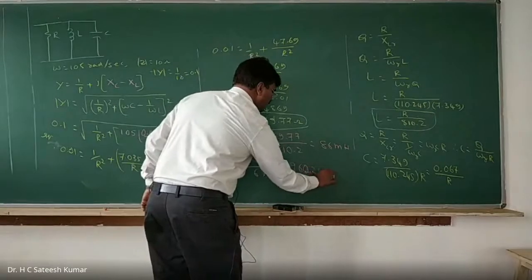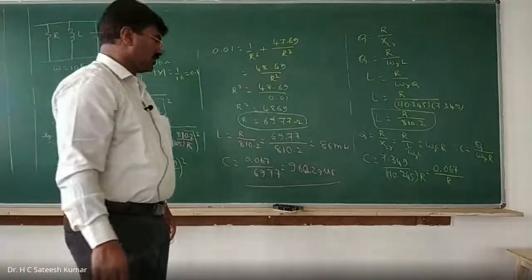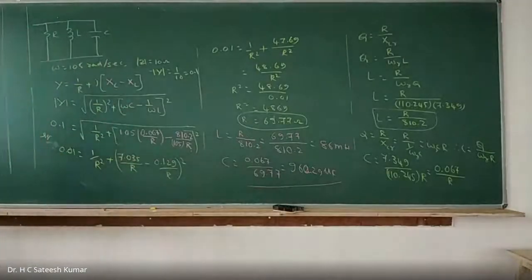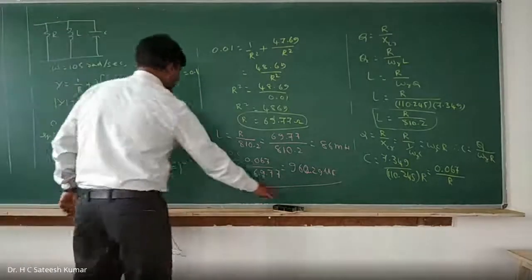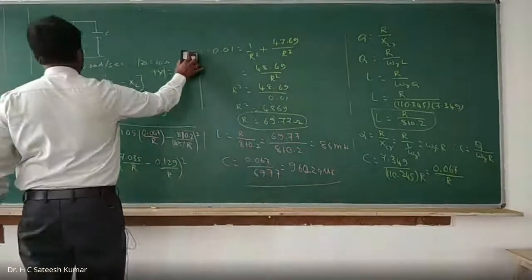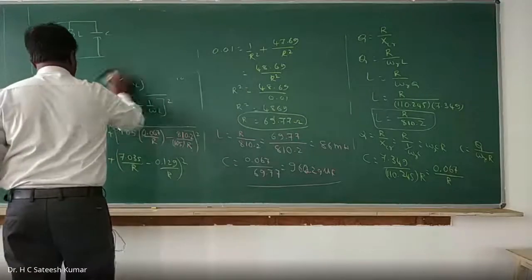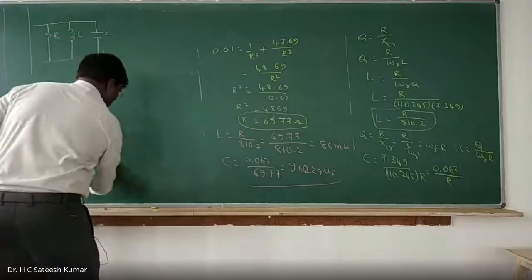0.29 microfarad you will get. So that's how we should find out RLC. Anyhow, you should be very careful while doing this problem, because this is XC minus, omega C minus 1 by omega L, you will get it. The reason is like this. I will show you how exactly we got this one. So we have to find out the RLC values, we got it like that.